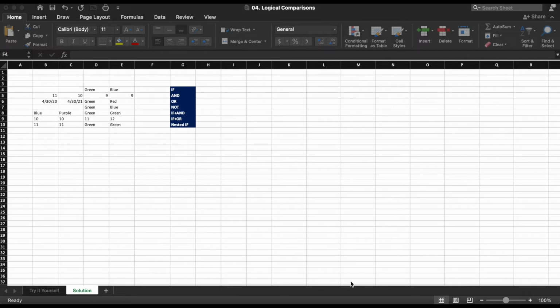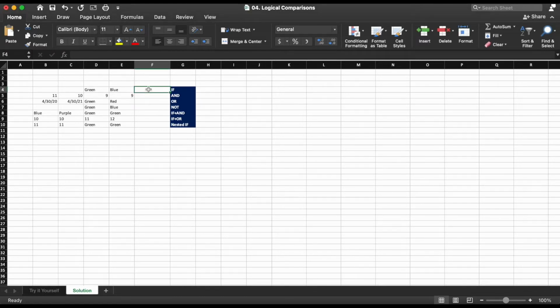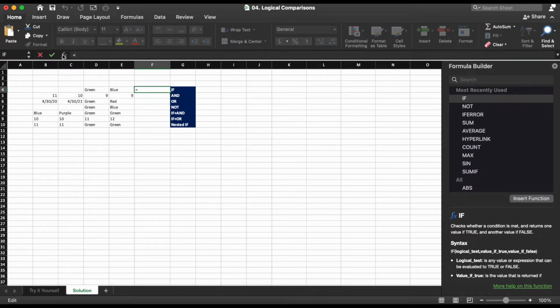So download and open up the 04.logicalcomparisons file and go to cell F4. Once you're in cell F4, click the FX icon next to the formula bar to open up the Formula Builder. The Formula Builder is a very useful tool, especially when learning new functions. The screens after clicking are slightly different between Excel for Mac and Excel for PC, but the general concept holds. Find the formula you are looking for, and then the Formula Builder will help you put the function together.